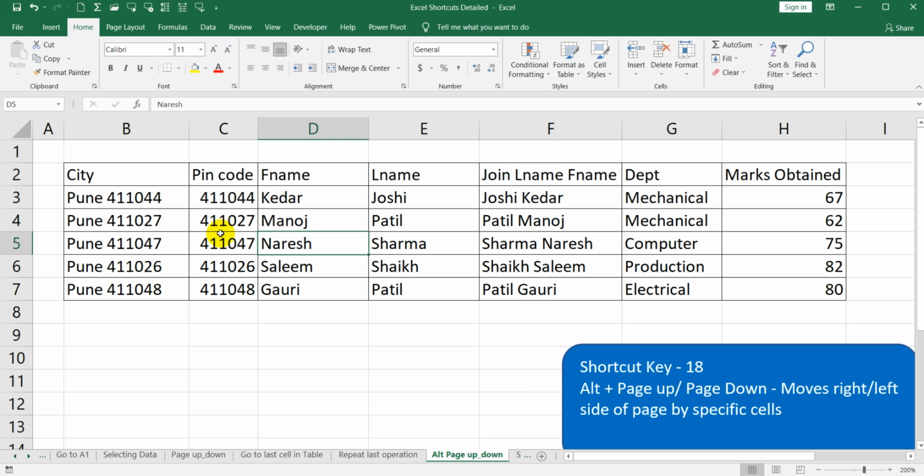For this, if you want to go right, similar to page up and page down, we can use Alt Page Up or Alt Page Down to move cells right and left by specific cells. So I will use Alt and Page Down.